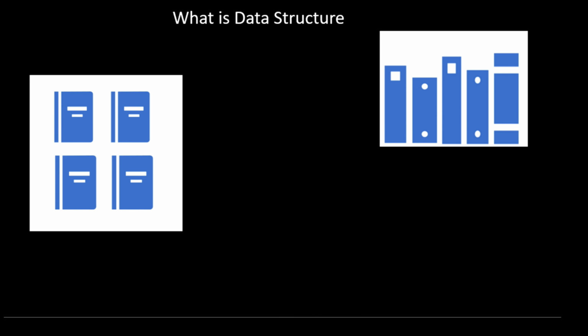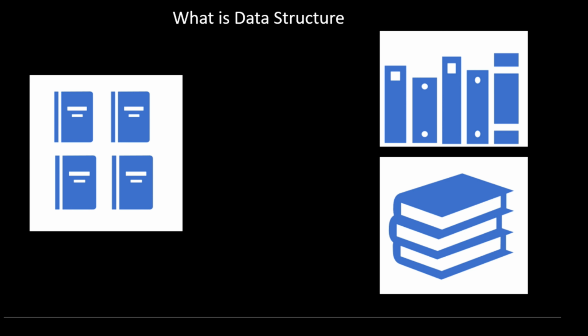Either we store them in a book rack, or we keep the books one on another on a table. Here the data is the same, just a set of books, but we are storing it in two different ways. So this is exactly what a data structure is: the way of storing the data. Storing the data is not sufficient, at the same time we need to fetch the data efficiently. What is efficiency? It means how much time it takes to store the data and how much time it takes to fetch the data.